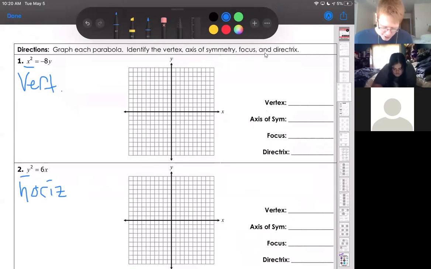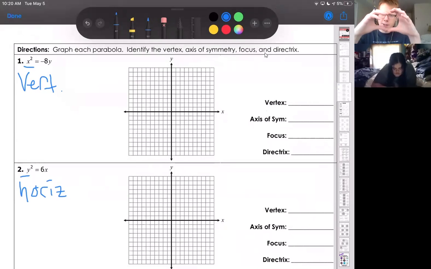The next thing you can do is find your vertex. To find your vertex, you look at what's with your x and what's with your y. For example, if you had x minus 2 in parentheses,